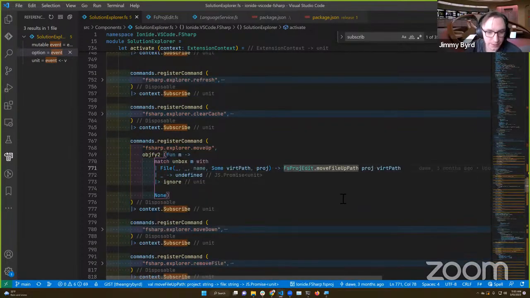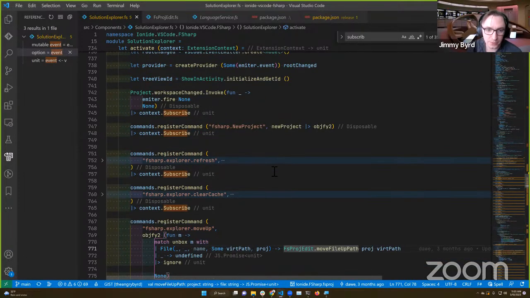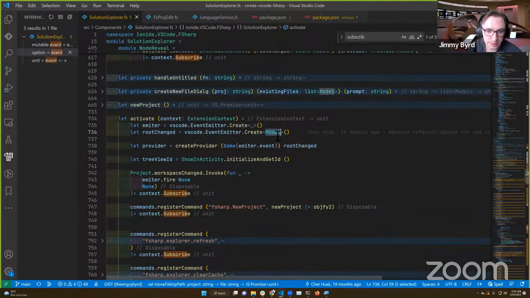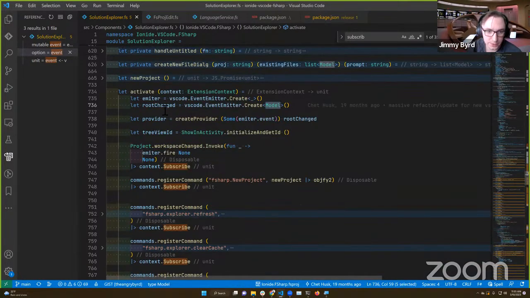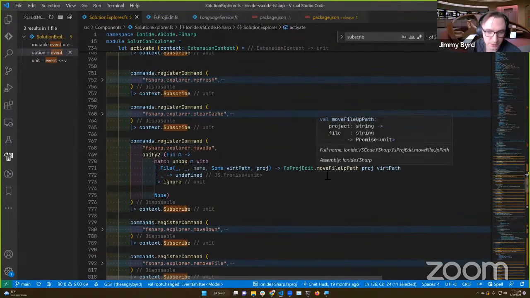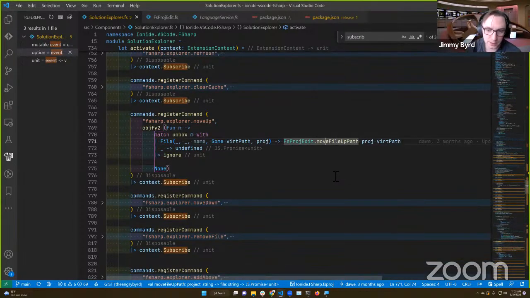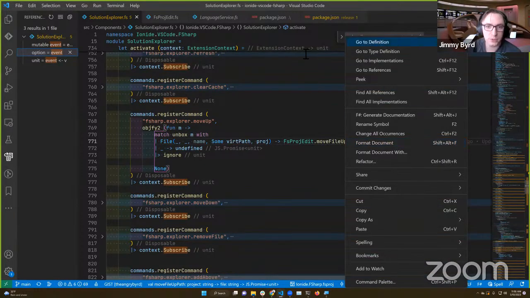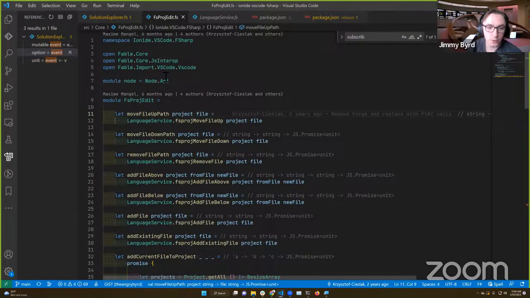So now we're looking for this move up event, and we actually want to track down in the model. Do we actually have access to the model in any capacity, or is it only in this root changed? This will be the fun figuring out, because what I expect us to want to do is mutate the model in some way during either this event or inside these, or return something from here, and be able to mutate it at the solution explorer level.